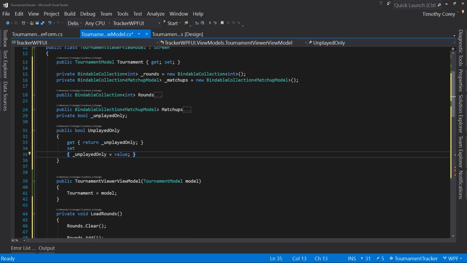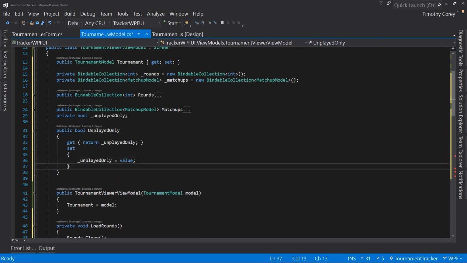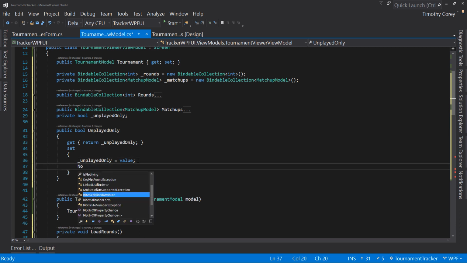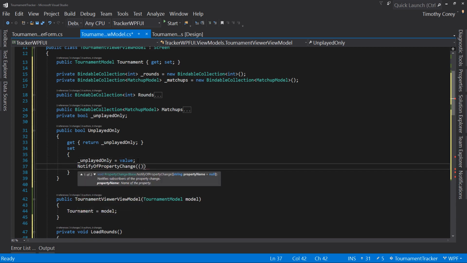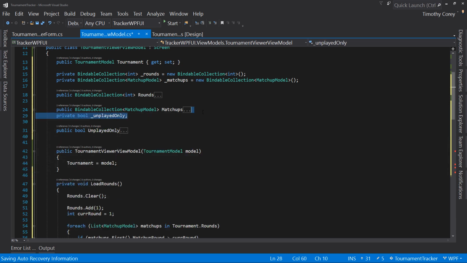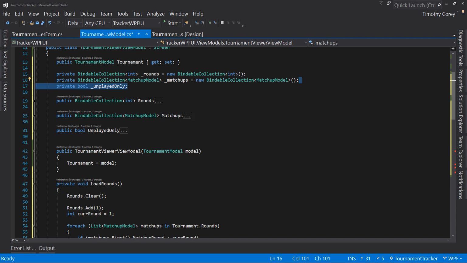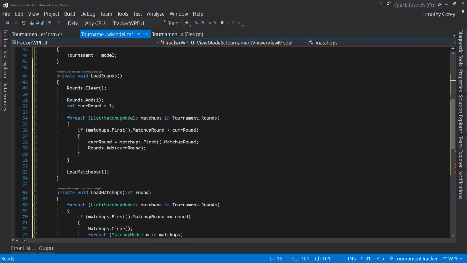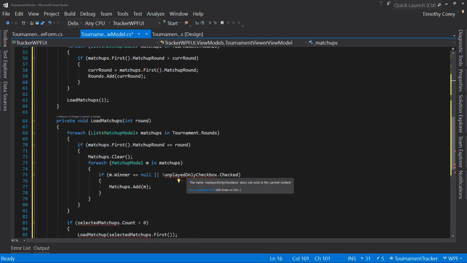And we'll also set the notify of property change. And then we'll move our private boolean up here. So now we have unplayed only. So instead of unplayed only checkbox,